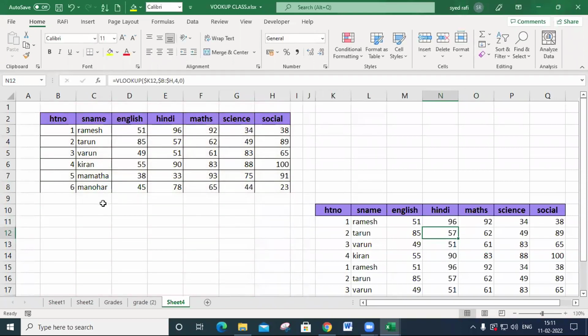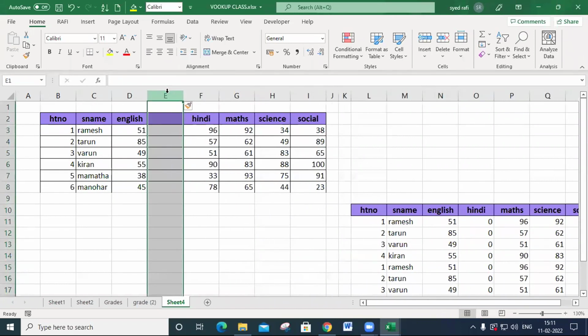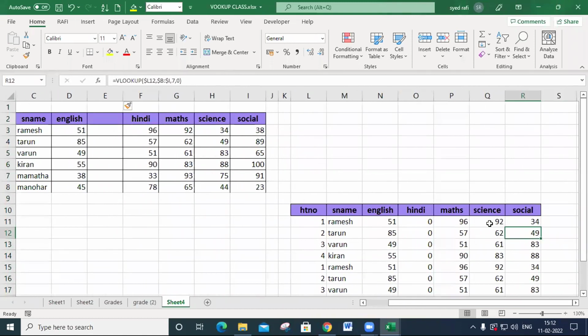There is a drawback. If I insert any column between the data source, the retrieval of this data becomes false. What happened? Hindi marks become a 0. The Hindi marks are assigned to the maths.